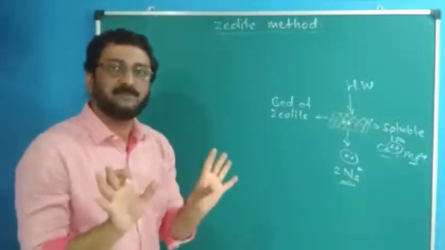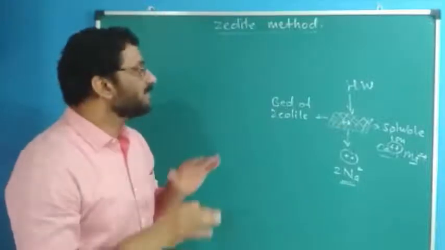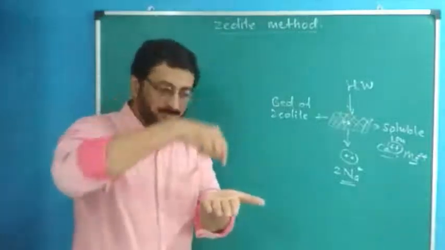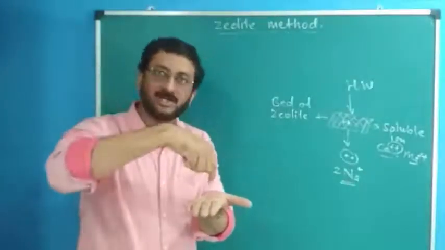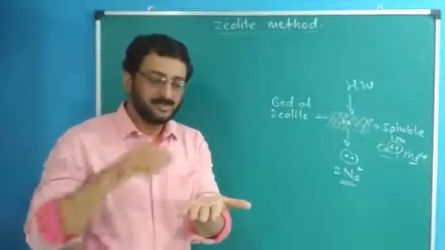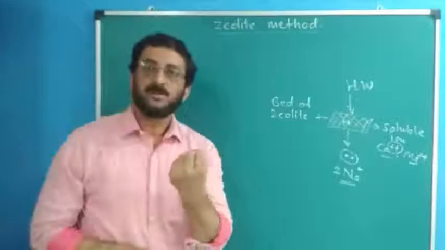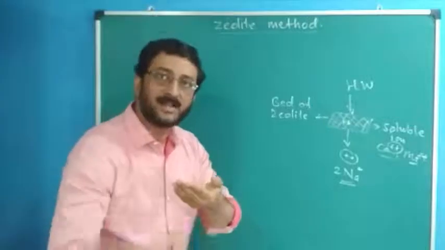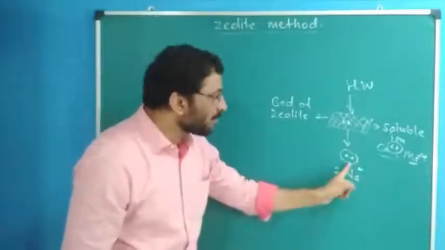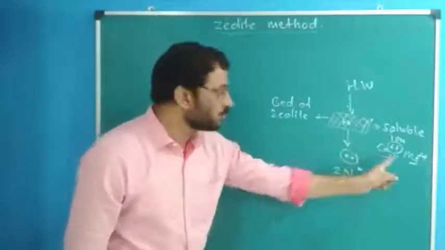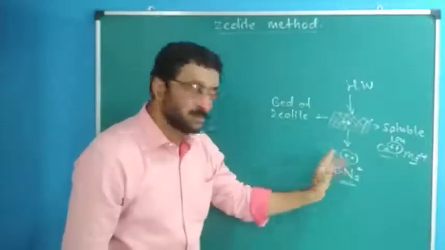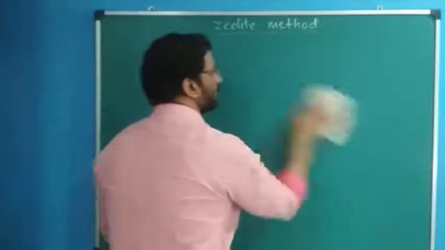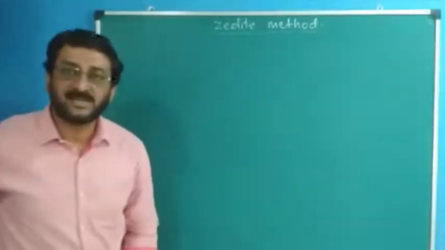This is a one line reaction. In the water softening by zeolite process, over the bed of zeolite we pass hard water at a specified rate. This bed of zeolite traps the hardness causing soluble ions present in water, and in exchange of that, it releases an equivalent number of ions. 2 positive ions are trapped from the hard water, 2 positive ions are released. So it is an exchange reaction, an example of the ion exchange process.